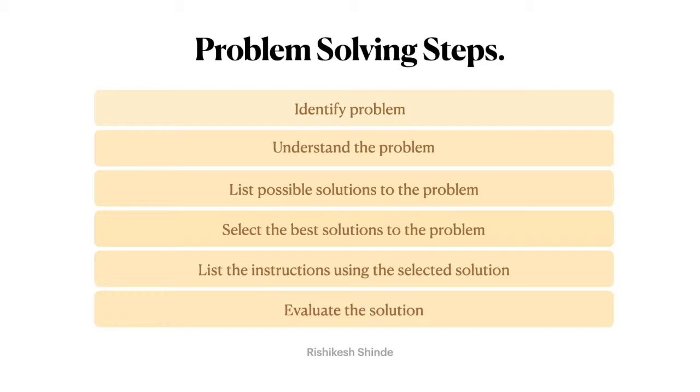The fourth step is to select the best solution to the problem. For this we have to consider criteria based on which the solution can be made. So in this example, the criteria will be high ranked colleges with the desired branch, affordable fees, hostel accommodation, not very far away from our residential area, and good placement service. So these are some criteria on which the best solution can be made. So this is the fourth and very important step in problem solving.